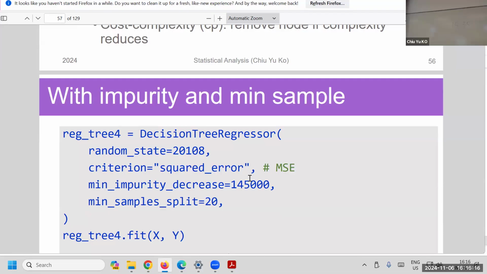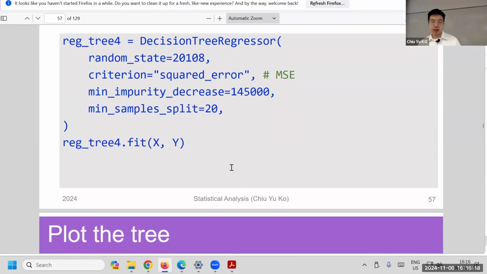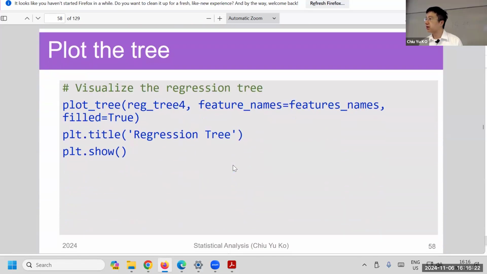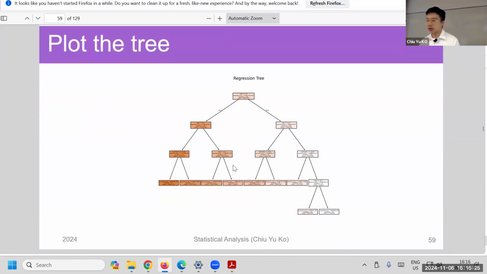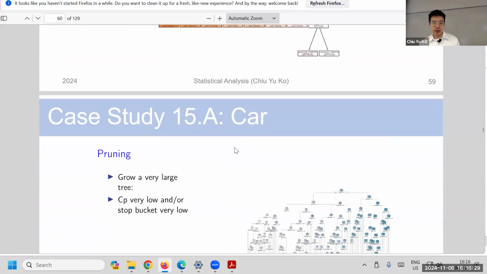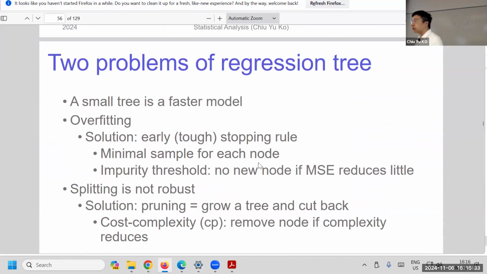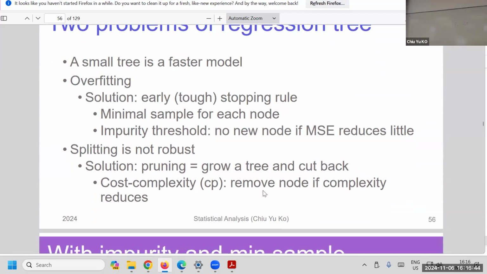Okay, you can fit the model the same way, and I'm not going to copy and paste to save time, right? You can copy it. At this moment, it just becomes a much simpler model. Okay, and this is how you would make the model manageable, right? Because when you have a lot of data, we're tempted to have a very big tree. Okay. And the last one is